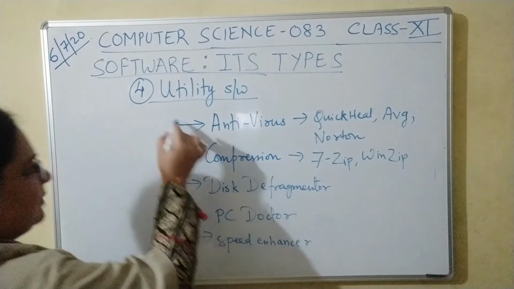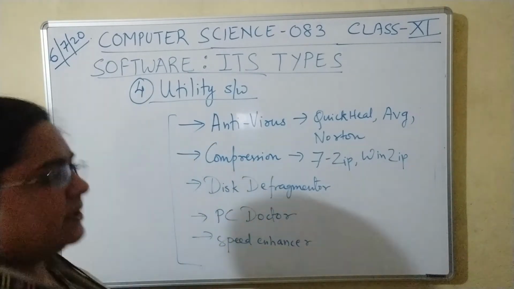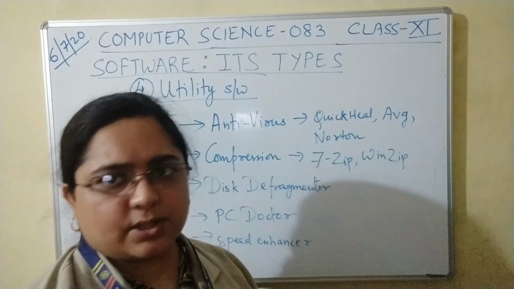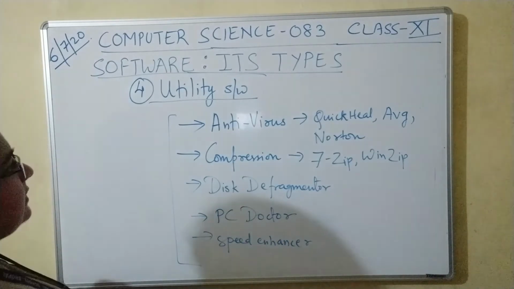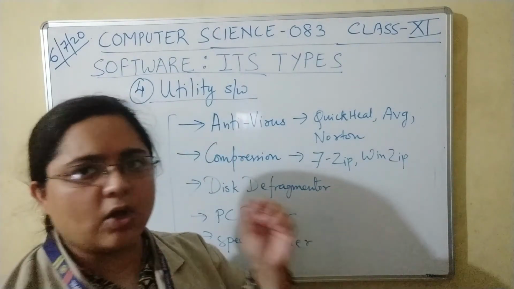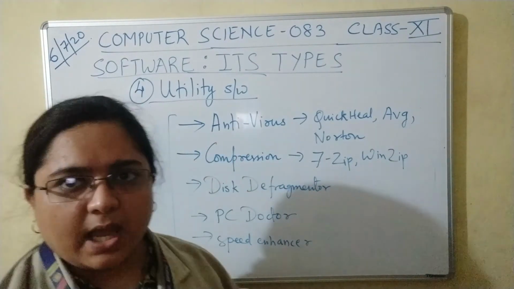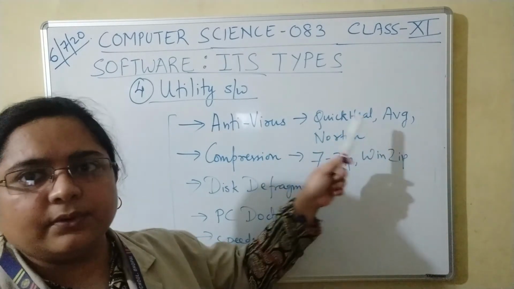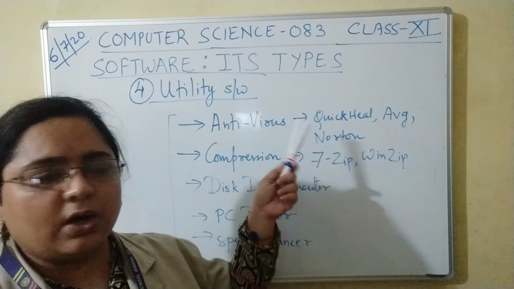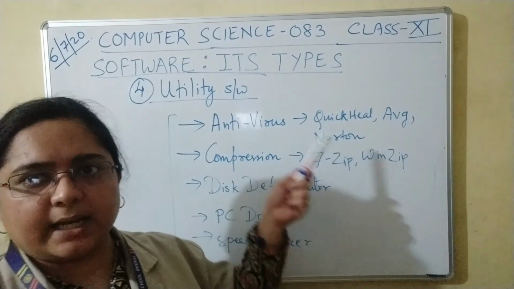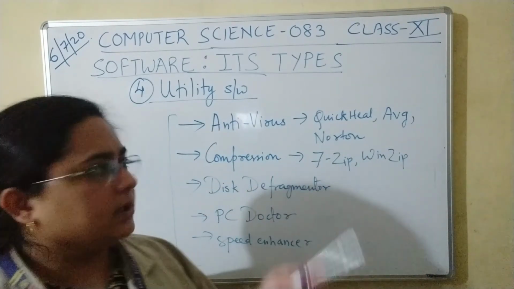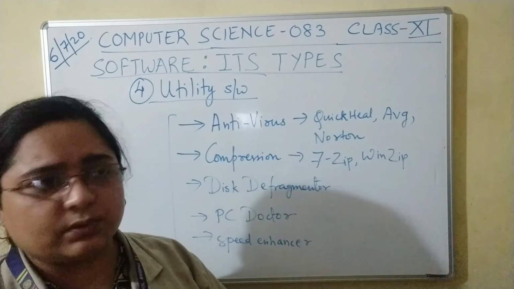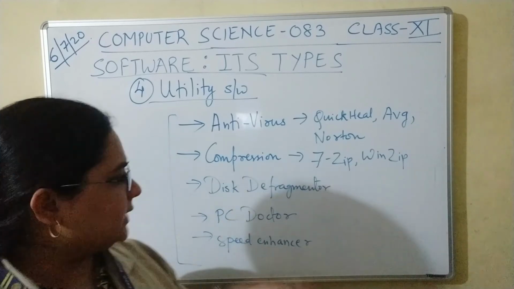There are many other tasks which we will again be discussing in its dedicated section. So all these utility softwares perform certain operations, very small operations, and only one type of task. That is, antivirus does the work of detecting and removing virus from your computer. Compression softwares do the work of compressing large files so that they are easy to transfer over the internet.